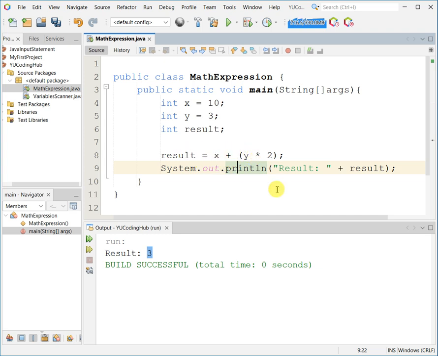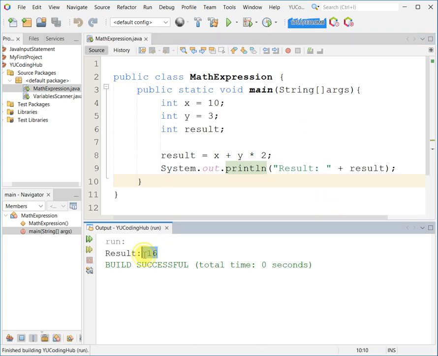As you can see now, we have multiple operators. We have an addition and a multiplication. So the result for this one is, you can see, 16. Why 16? Because the MDAS rule is also applied in Java expressions.